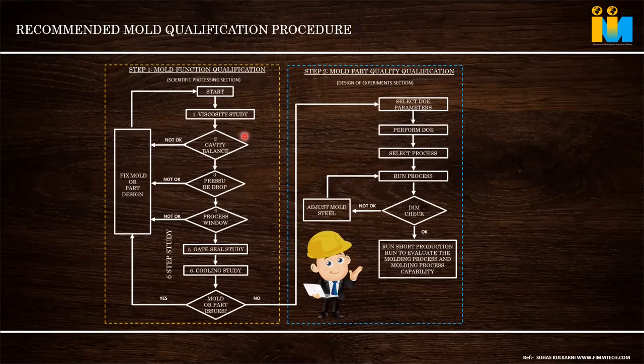And if you can do a mold flow analysis and your mold flow cooling lines match properly with the actual cooling lines, you are not looped, you are properly connected, then you will get an idea what the cooling time should be. It is based on the thickness and the raw material. Cooling time is based on the raw material thickness. There is some thumb rule calculation we can do. I can share that with you. Based on that you can get an approximation, but finally it is an experiment.